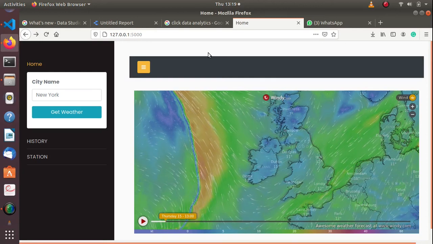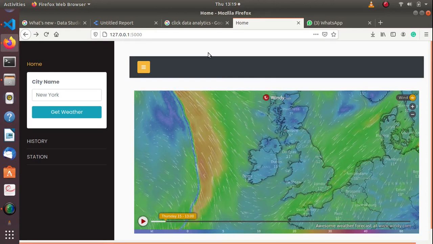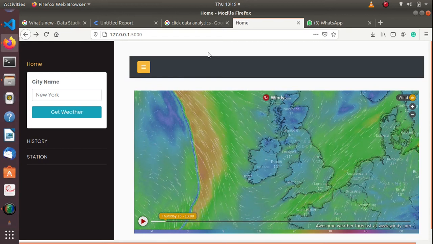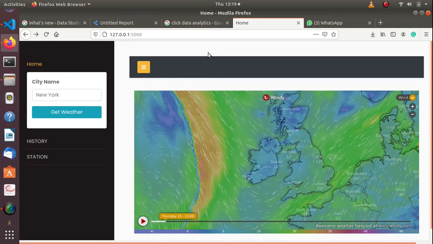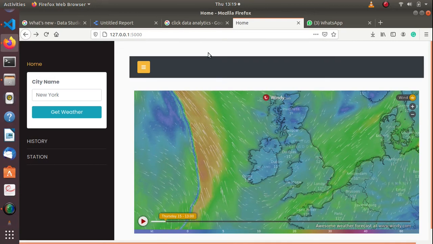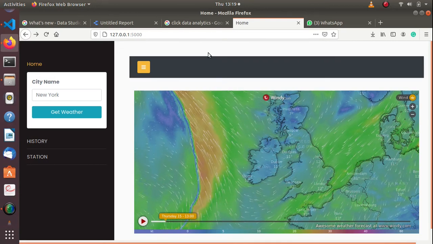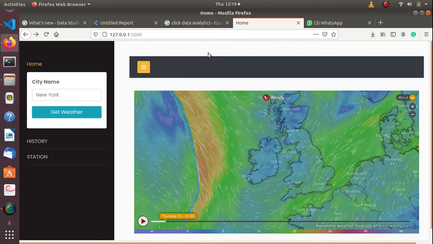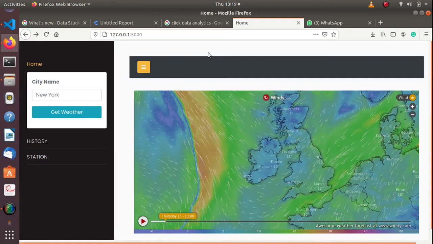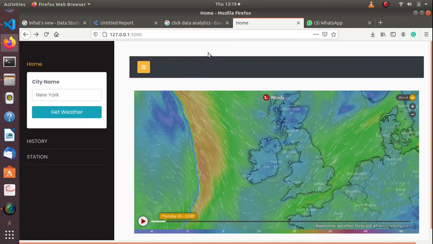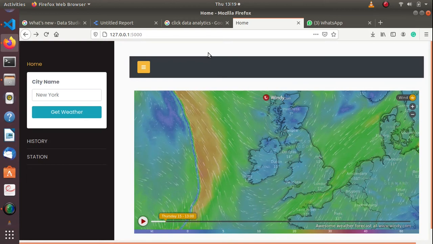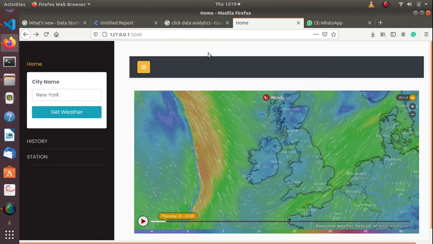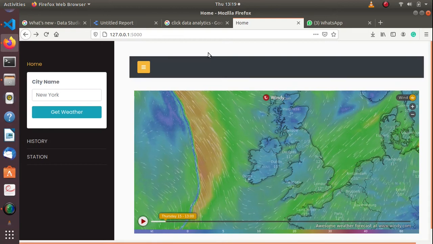On this video we are going to look at the weather app of US temperature. It's a dashboard that tracks the US temperature. You can look at the historic data of US temperature. You can look at the weather stations that are providing data to most of the states, like how many stations there are in a state, and you can also look up a city and get the current weather temperature of that city.